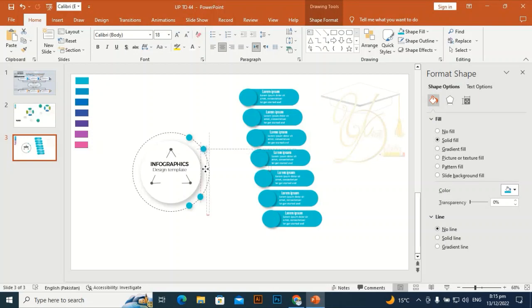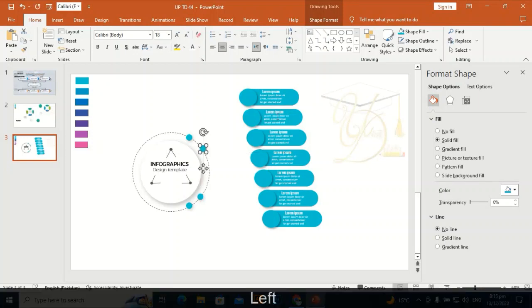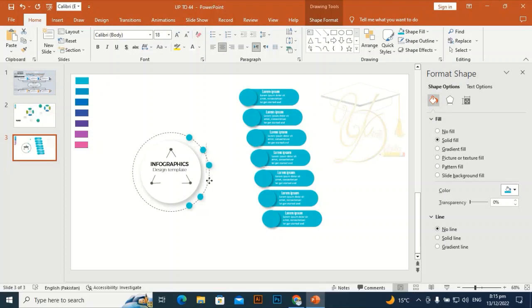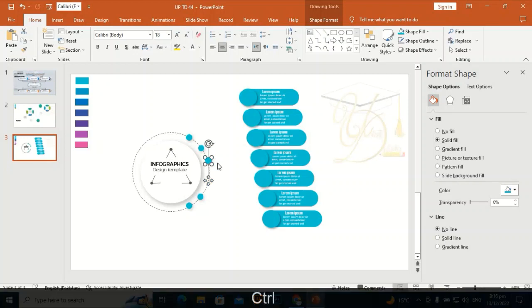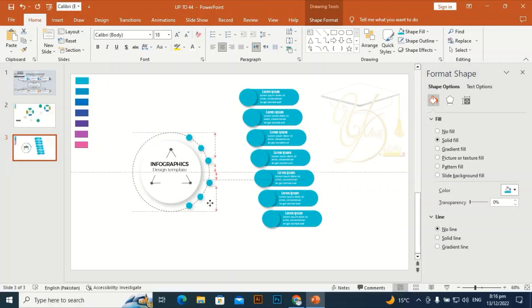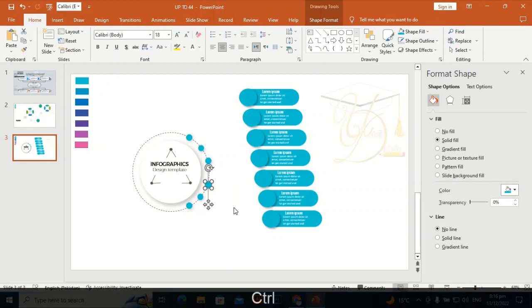Align perfectly. Ctrl D to duplicate it, place it here. Okay. Place it here. And Ctrl D to duplicate it and place it at the center.